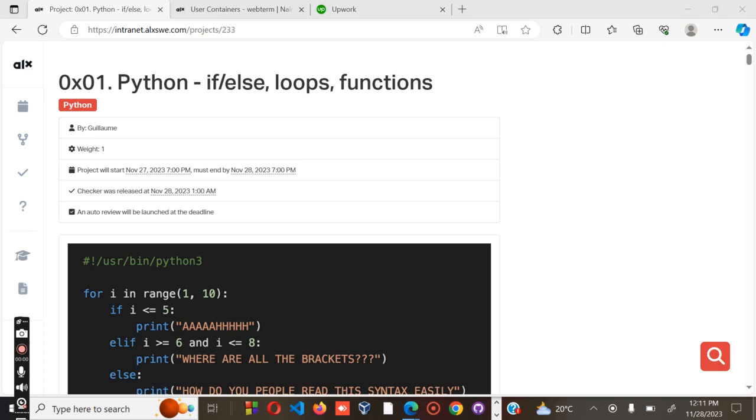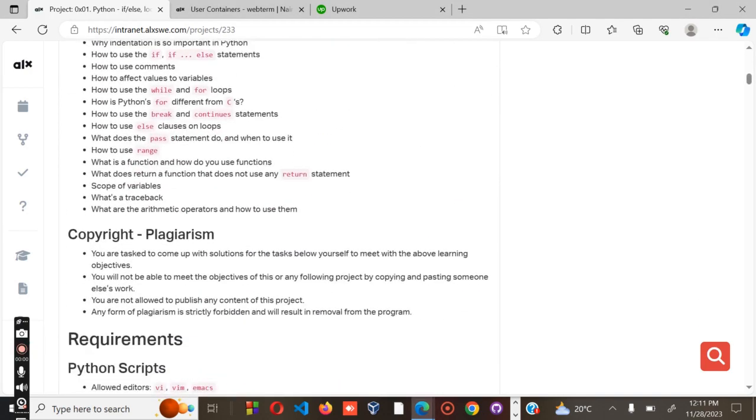In today's lesson, we are going to learn Python, specifically the if else loops and functions on the ALX project. For those who are taking engineering, it is supposed to be assignment 001 Python if else loops and functions. Okay, before we dive into the quizzes